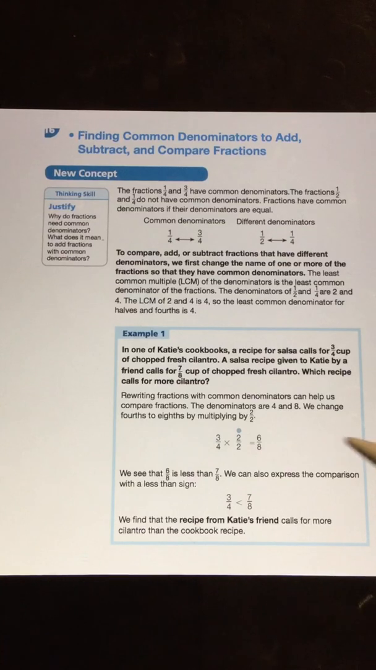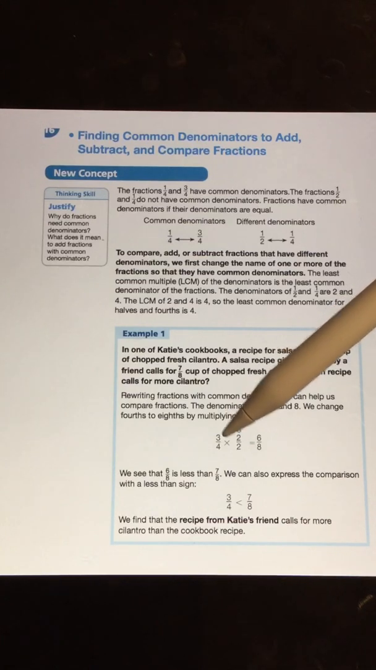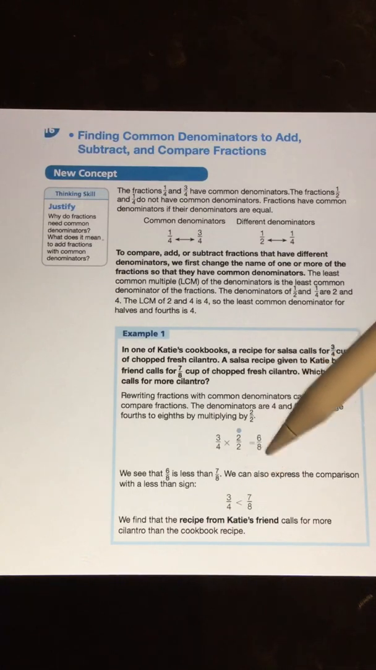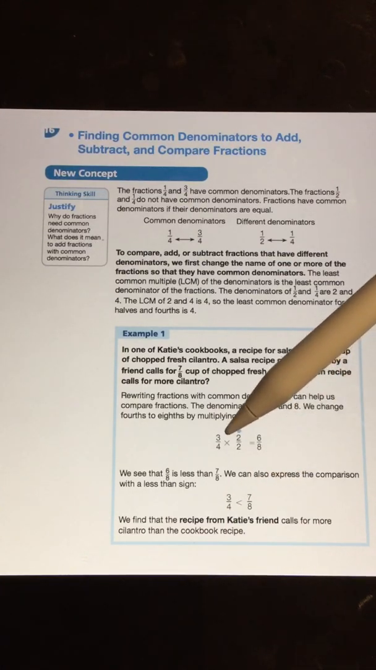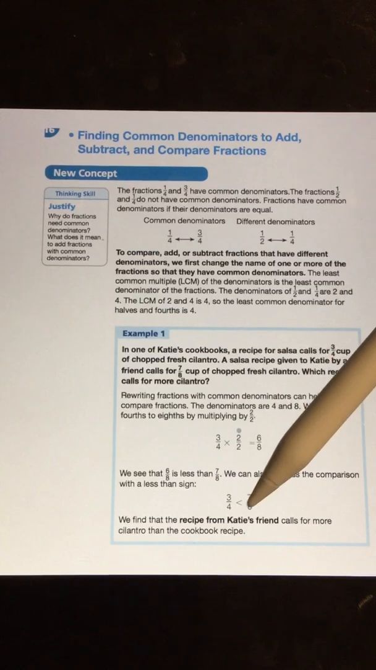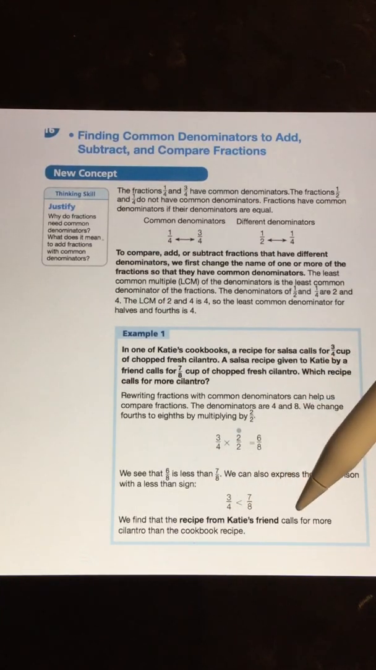So in this example, in one of Katie's cookbooks, a recipe for salsa calls for 3/4 cup of chopped fresh cilantro. A salsa recipe given to Katie by a friend calls for 7/8 cup of chopped cilantro. So which recipe calls for more cilantro? Well, I have 3/4 and I have 7/8, right? So when I'm looking at 3/4, I see, always look at the denominator first